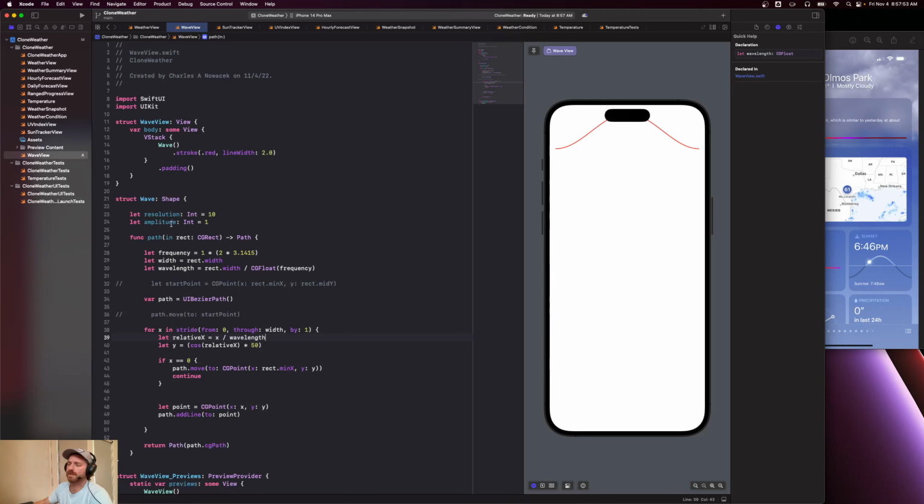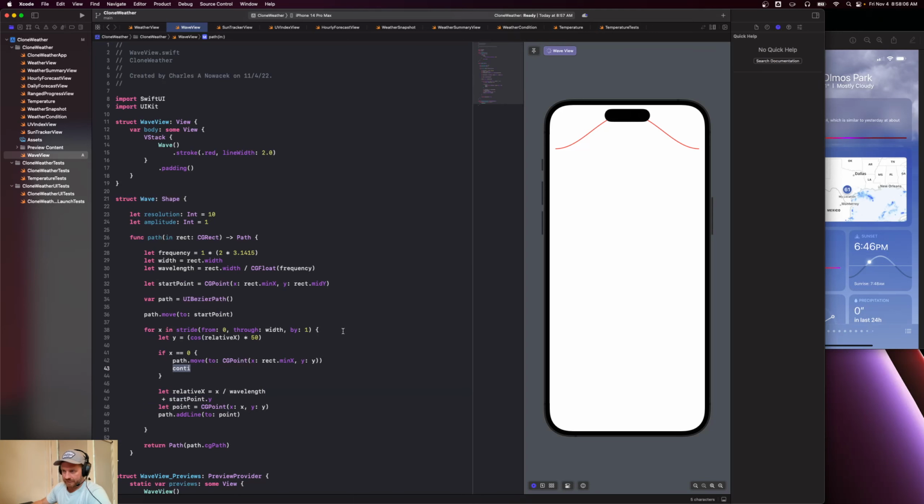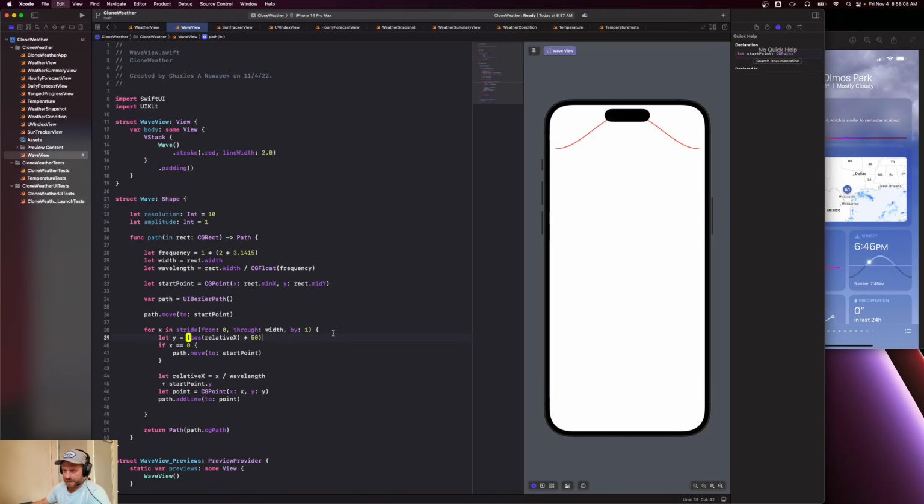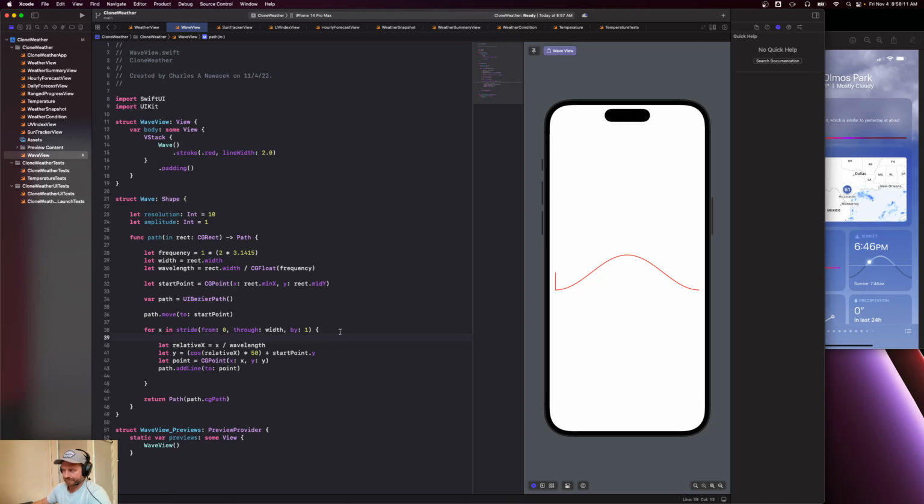Like push it down with an offset property on the wave, or do I always want it to render in the middle? I probably always want it to render in the middle, so let's start with that. Let's go back here. So if I'm here, I will drop it down. If I don't offset at the beginning, it's going to try to render up there. I want it to start